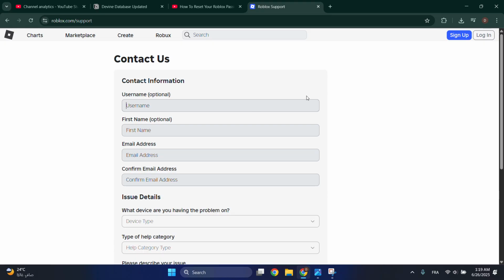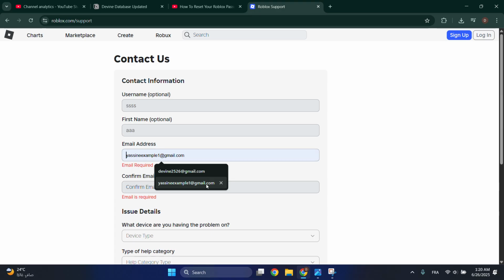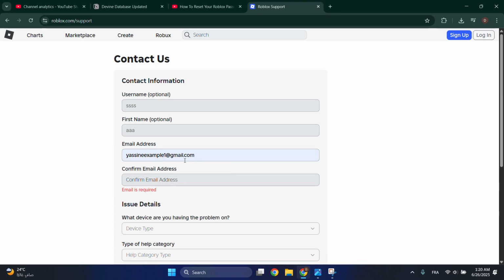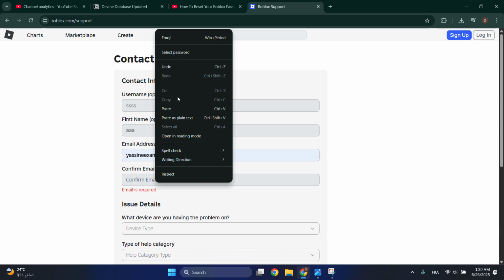You type your username, let's say SSS, for example, type your first name, and then the email address that you want them to address your account, and make sure it's your email address and you have access to it. Then confirm it's your email address. Let's copy, paste,